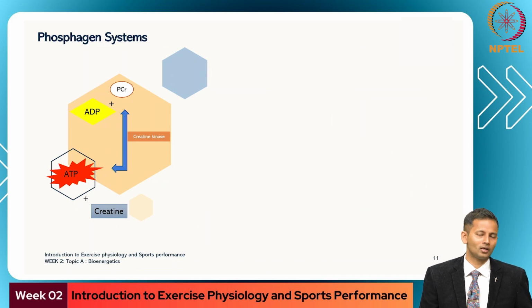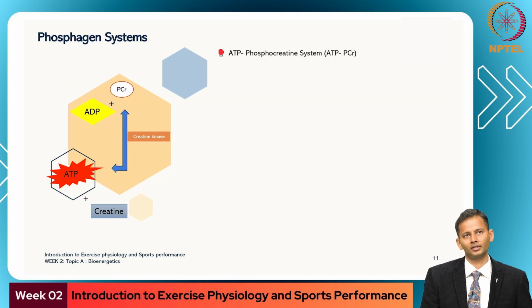Let's move on to the energy systems. We discussed the immediate system of the anaerobic pathway, that is the phosphagen system. The chemical reaction is shown here, wherein the name implies the ATP phosphocreatine system. The simple ADP, which is adenosine diphosphate, has only two phosphates in this molecule. It combines with the phosphocreatine.